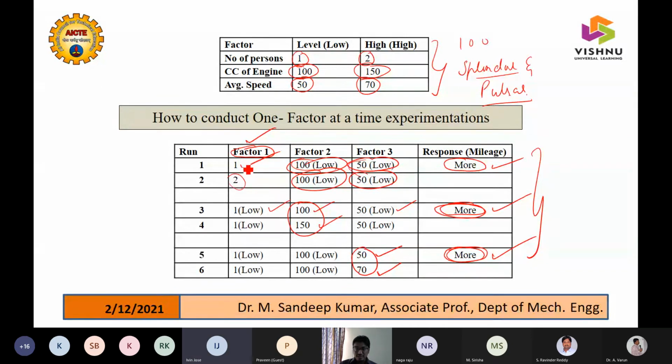What I did is 1 person and 2 persons. At this level I got more, which is fine. Some value I got, but drastically, I am completely unsatisfied with this result. Let us take this one as R1, this one as R2. Yes, here I was getting an average of 60 kilometers per liter, but here it suddenly fell to 20. What does this mean? The factors are anyhow low, so this shouldn't affect it. But the level at which I am conducting the experiment is not feasible.